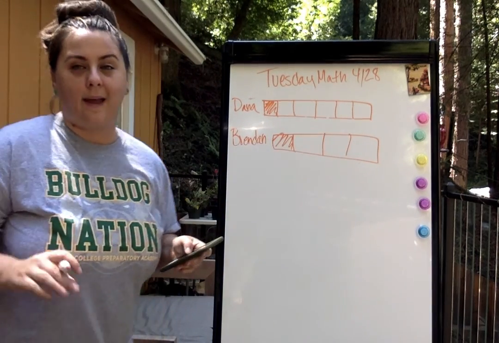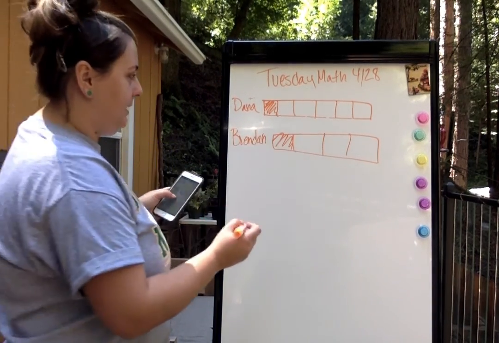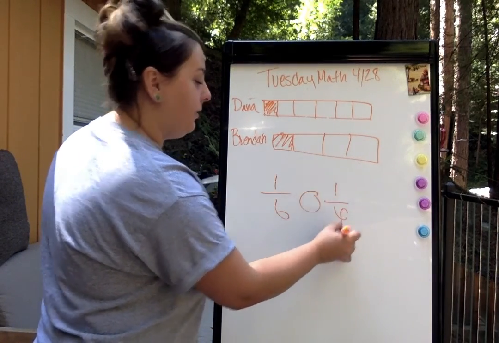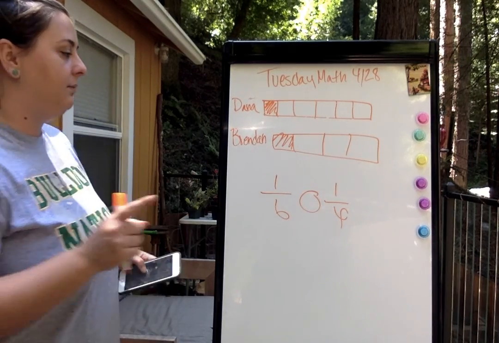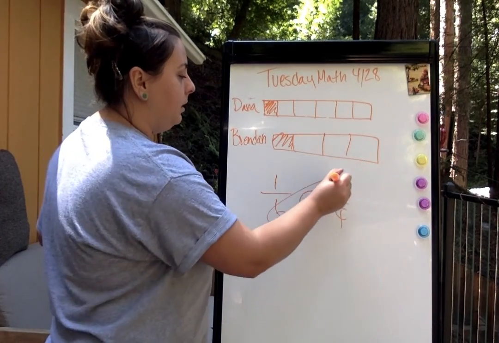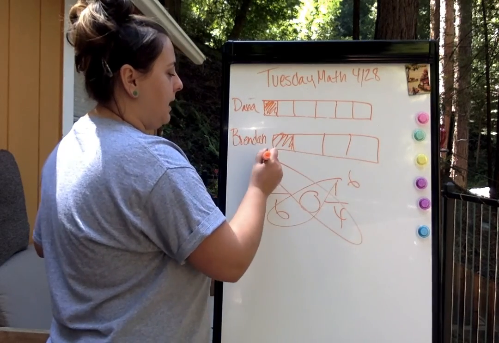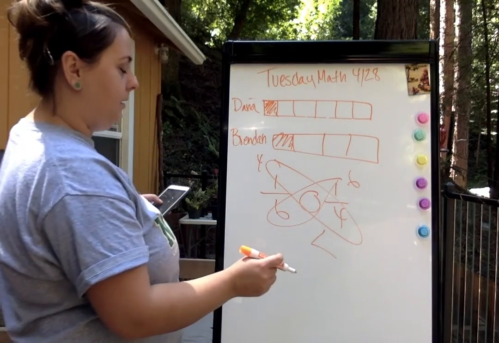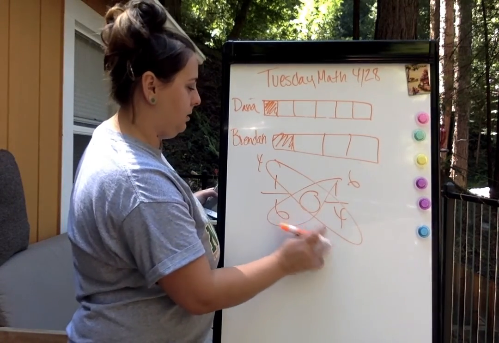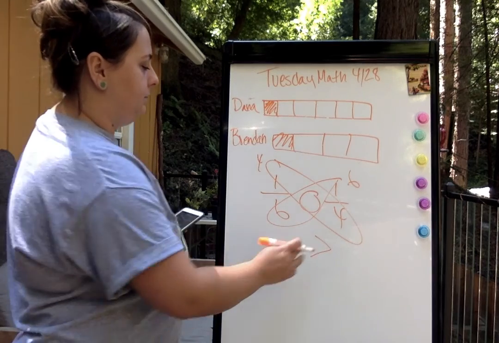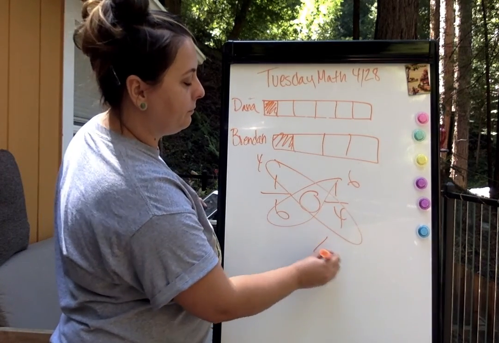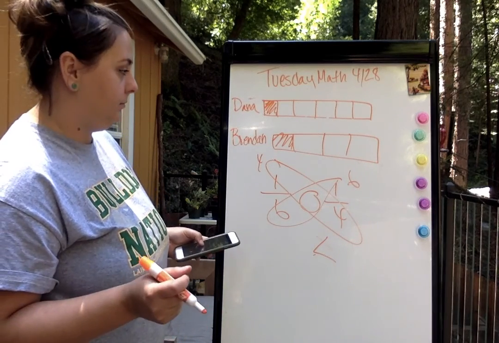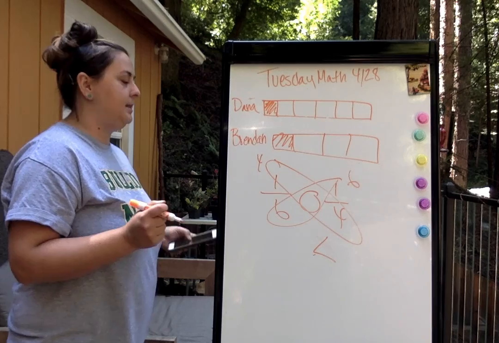Now, you might be saying, well, I can't really tell. So the easiest thing to do is to take 1/6 and 1/4 and use the butterfly method. I've given this feedback on a lot of your guys' stuff. So 6 and 4. Which one's bigger? 1/4 is bigger. So your answer is Brendan. Okay? Brendan has the bigger